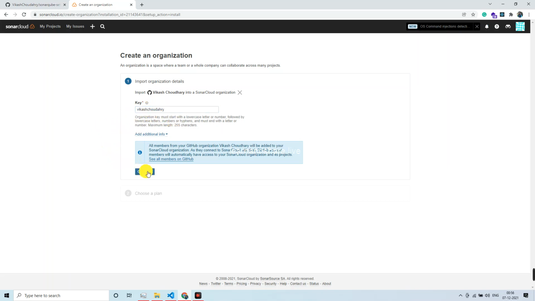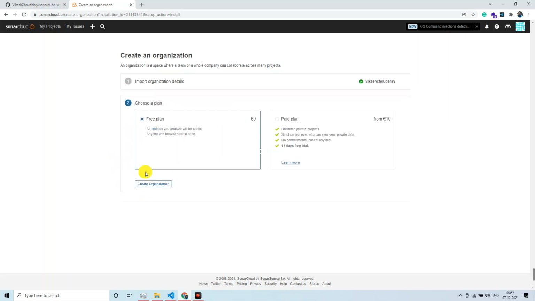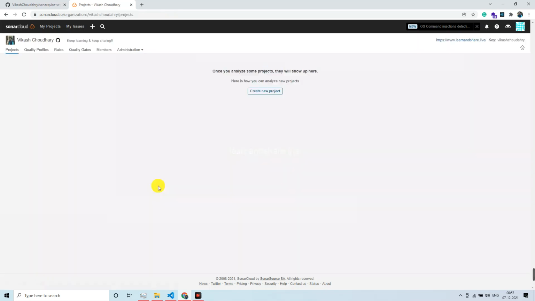So I'm keeping it as is. Probably you can change this as well. These are the conditions to specify the organization's name. Yes, click on continue, and as you can see, free plan and paid plan. So again, I'm proceeding with the free plan, create organization, and as soon as I do this, an organization will